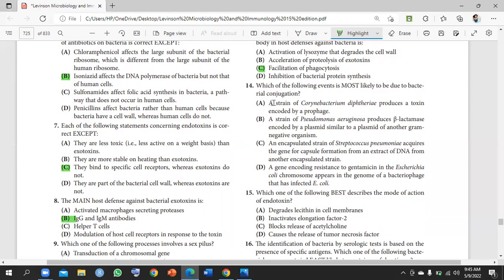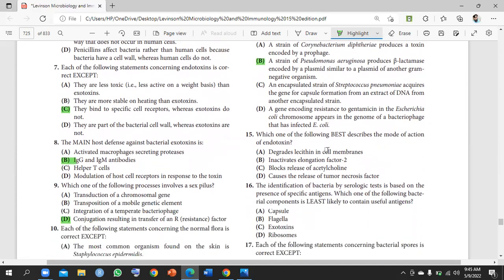A strain of Corynebacterium diphtheriae produces a toxin encoded by a prophage. No, this is basically transduction. B. A strain of Pseudomonas aeruginosa produces beta-lactamases encoded by a plasmid similar to the plasmid of another gram-negative bacteria. So yes, the beta-lactamases are transferred by the plasmid with the help of conjugation. So as I have told you, these two are also not correct because they are not involved in the